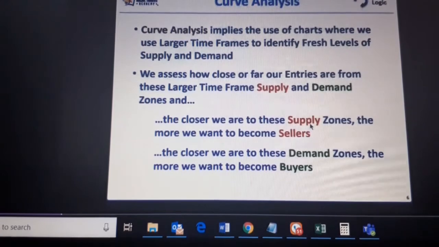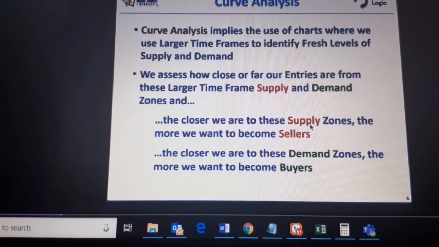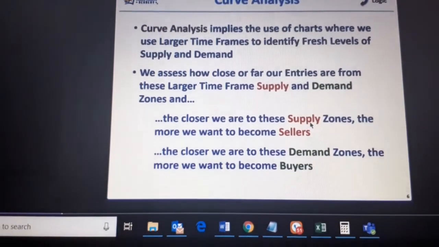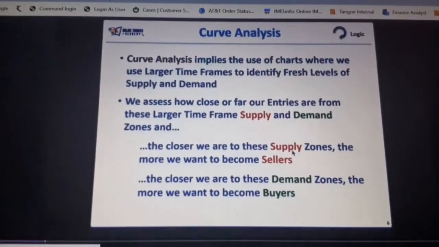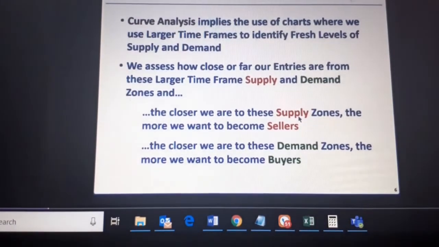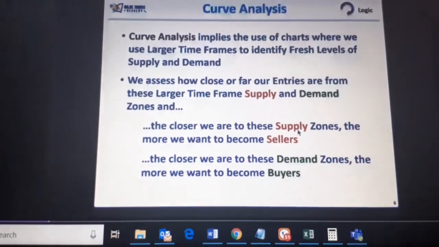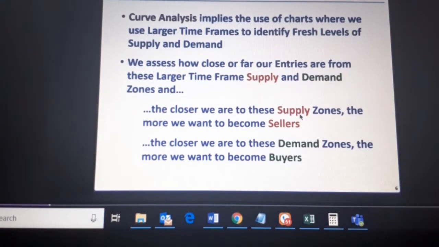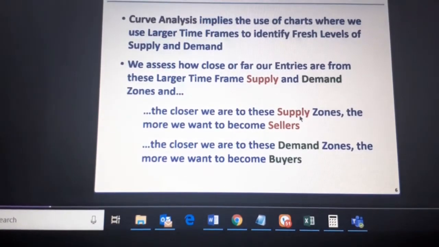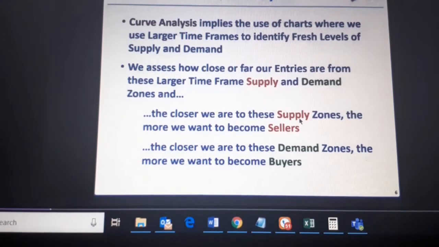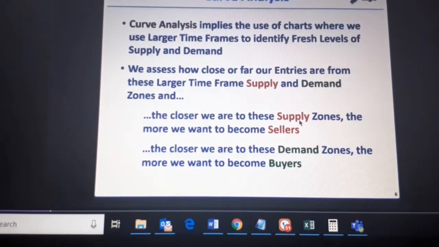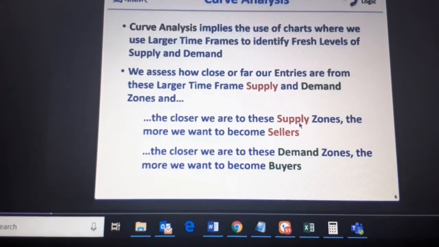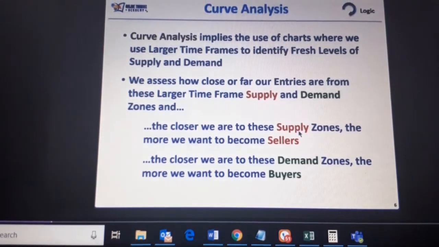Yes, Venkatesh. But there is a method for how to go about it. Just understand one thing: if you are going for a daily income trade, and right now the price is at your higher time frame supply, you will not be a buyer anymore because you are in a retail pricing area. Similarly, when the price is closer to your higher time frame demand, that is your daily demand zone, you will not try to be a seller anymore because you are in the wholesale pricing area. Now what will decide how close or how far you are from the higher time frame demand zone? Let us see that.